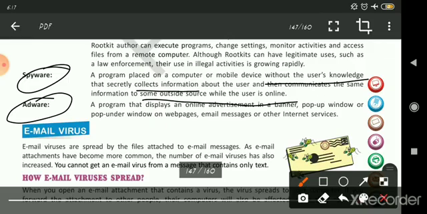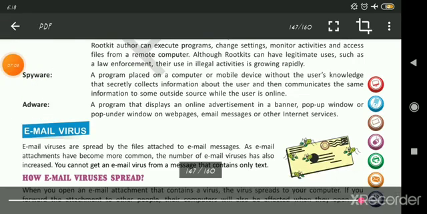Means this program is placed on your device without your knowledge, and it's secretly collecting all the information from your computer, if you have saved any information about yourself, because it is about the user.